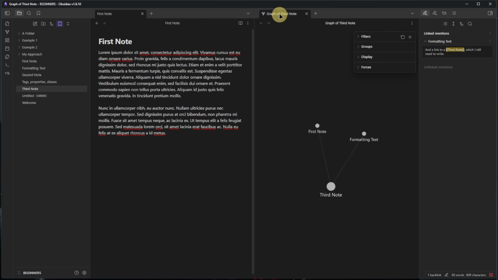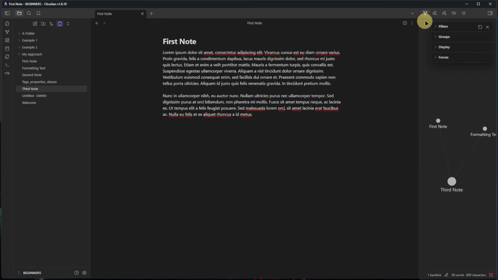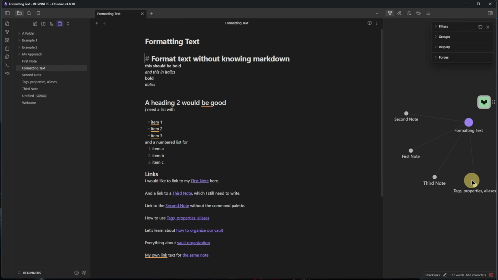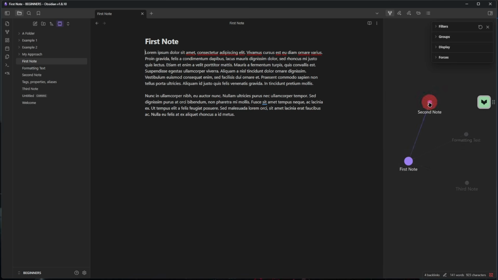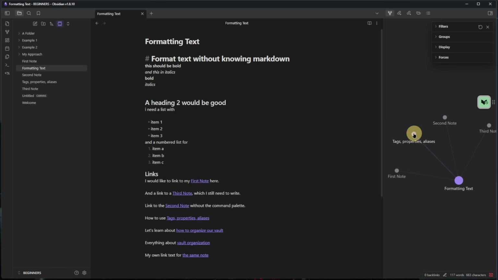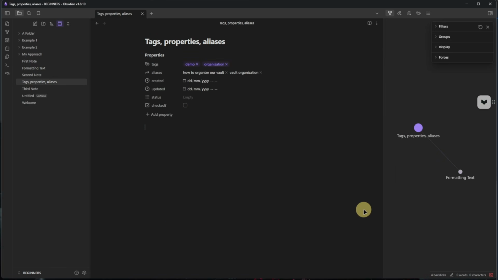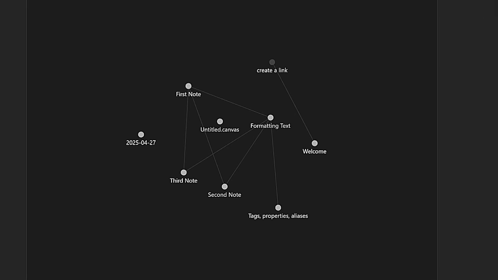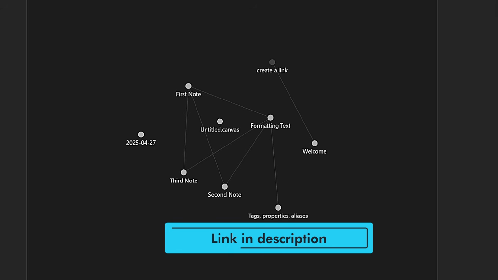first node to others. Personally, I like to take the local graph and just drag it over to the right-hand pane. This lets me navigate from one node to the next without having to go through the folder structure or search for them. As mentioned, Obsidian creates this graph for all the nodes in our vault. If we want to see that, we can click on this icon in the left-hand toolbar or use the command palette to open the graph view. We can customize this view in various ways. Once again, I have a separate tutorial for this and, of course, you can find the link to it in